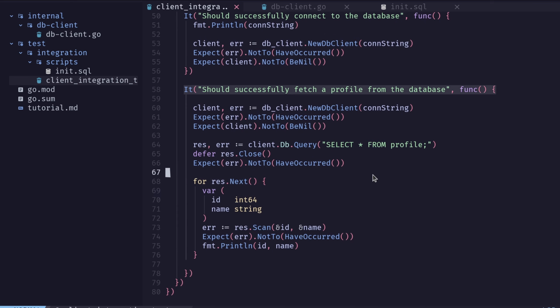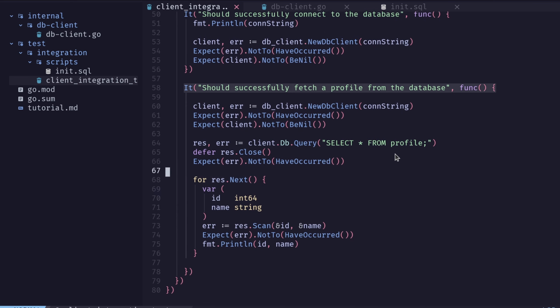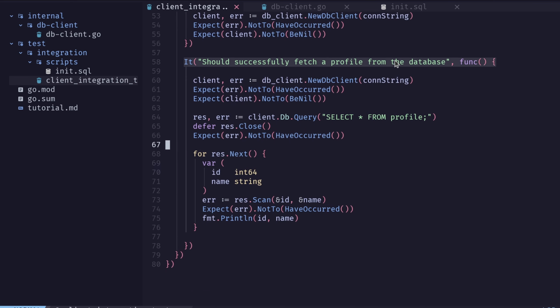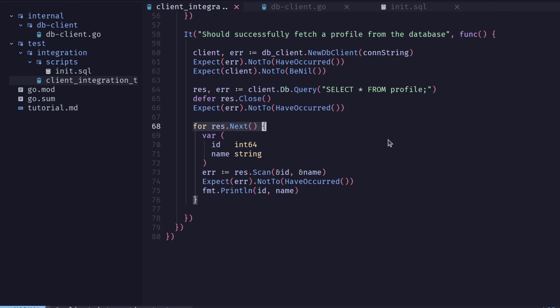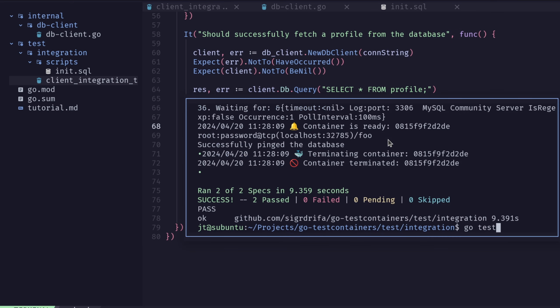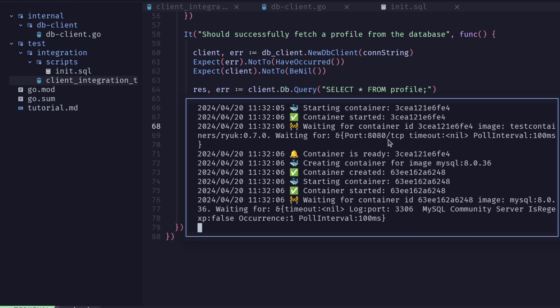Very good. So here's our next test, which will basically go in and try to select from profiles what we said we wanted to do, right? Fetch a profile. Let's actually fetch more profiles from the database. So let's try running it. So we'll run our test again and see what happens. You can see